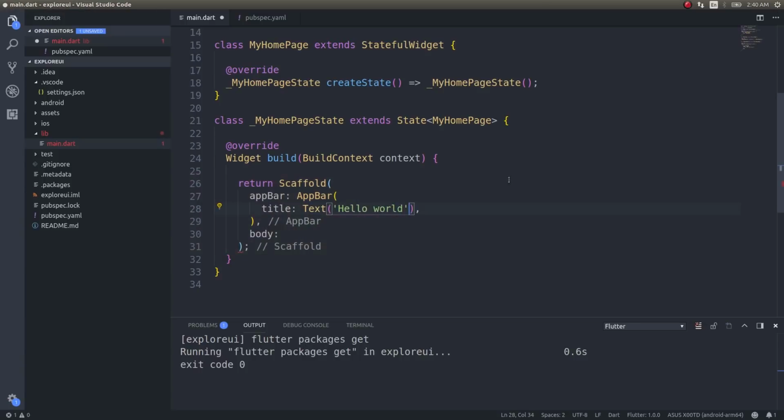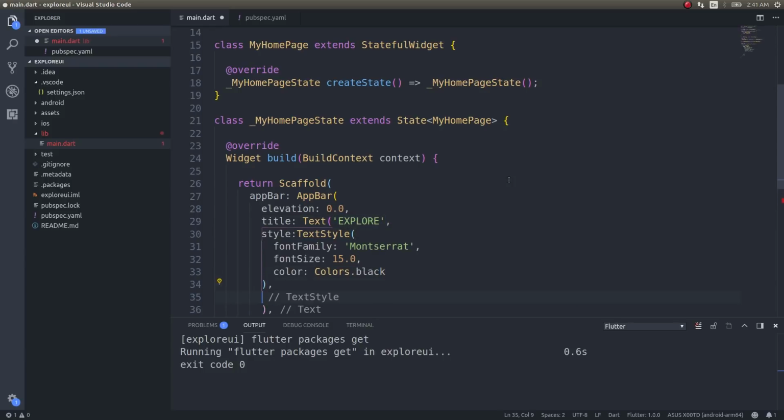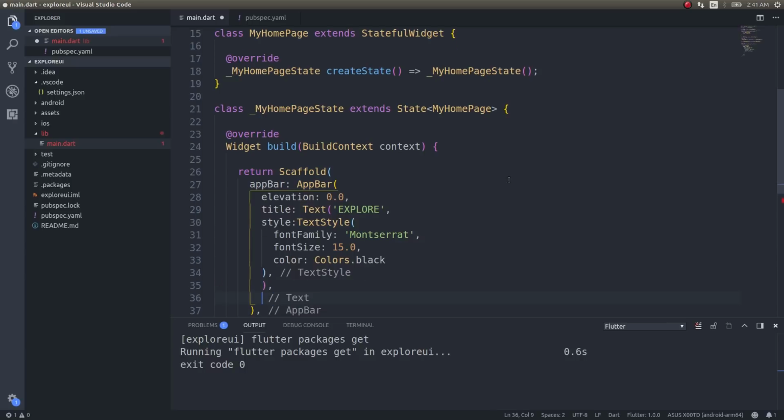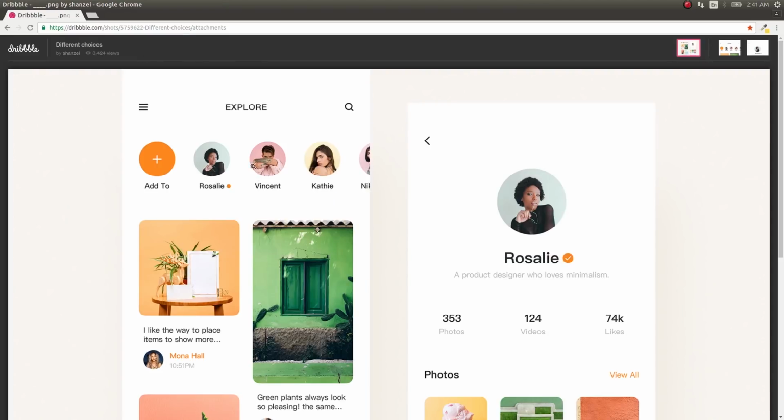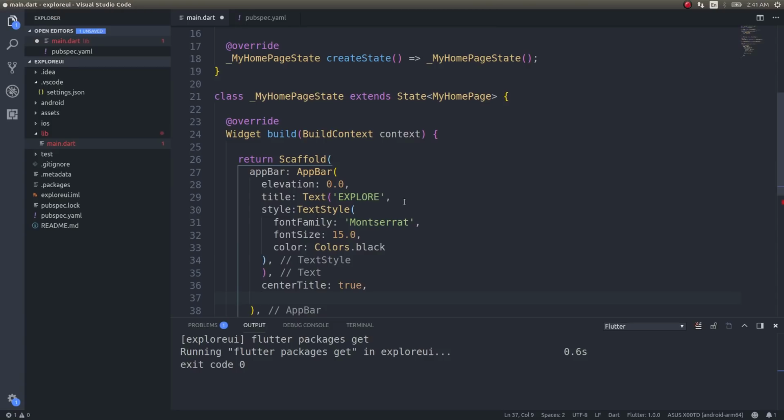So instead of this hello world, I'll go ahead and first I'll set the elevation to 0. Explore, right? Explore, and I'll give it a style, and after this I'll specify a center title property. Oh, this is still inside text, right? Should get out of the text, and then center title, this I'll give it as true since the title was in the center. And leading was a menu icon, right? Yeah, menu icon. Leading